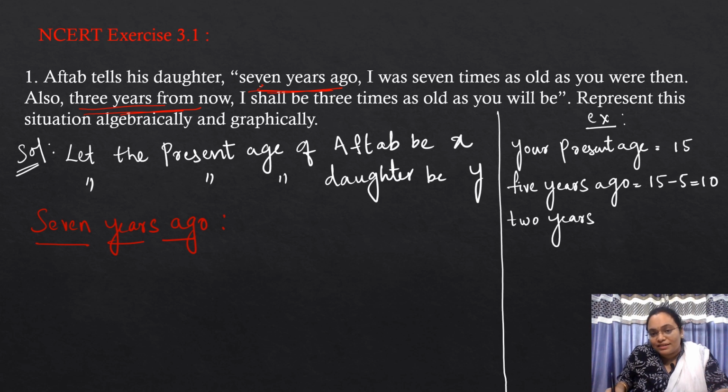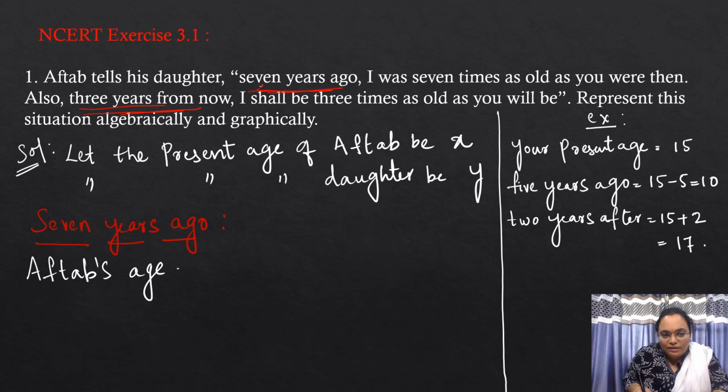You will say 15 plus 2, you will be 17, right? So here also you will apply the same thing. Okay, clear? So 7 years ago,